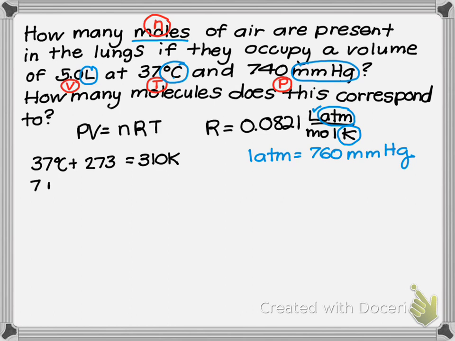So that's 740 millimeters of mercury. I'm going to use my conversion factor, so the 760 millimeters of mercury goes on the bottom, the atmosphere goes on the top, so the units cancel. So it's going to be 740 divided by 760, and I get